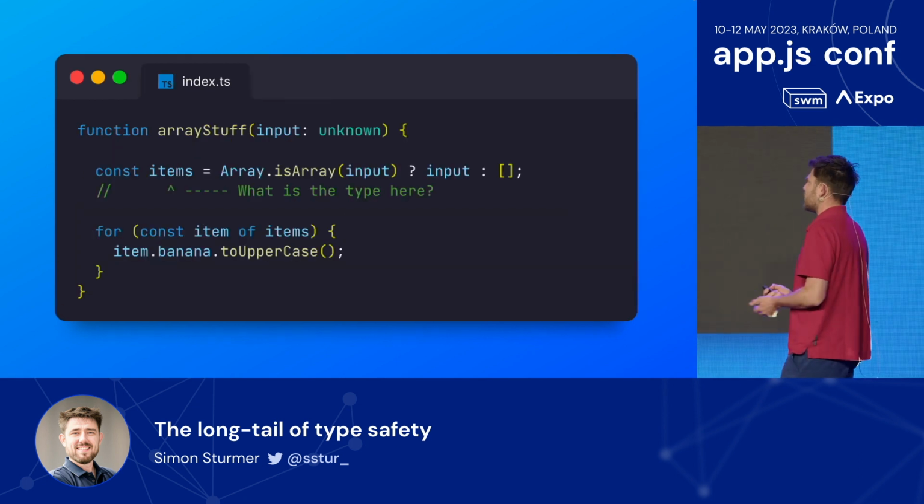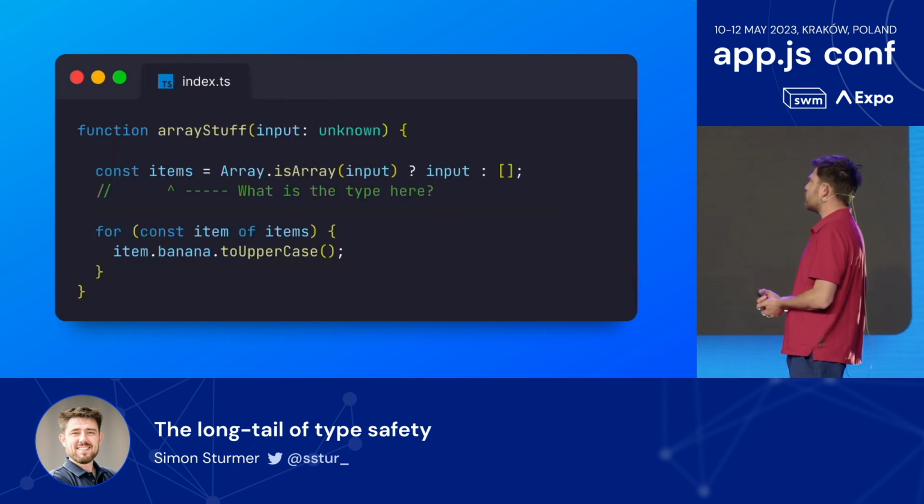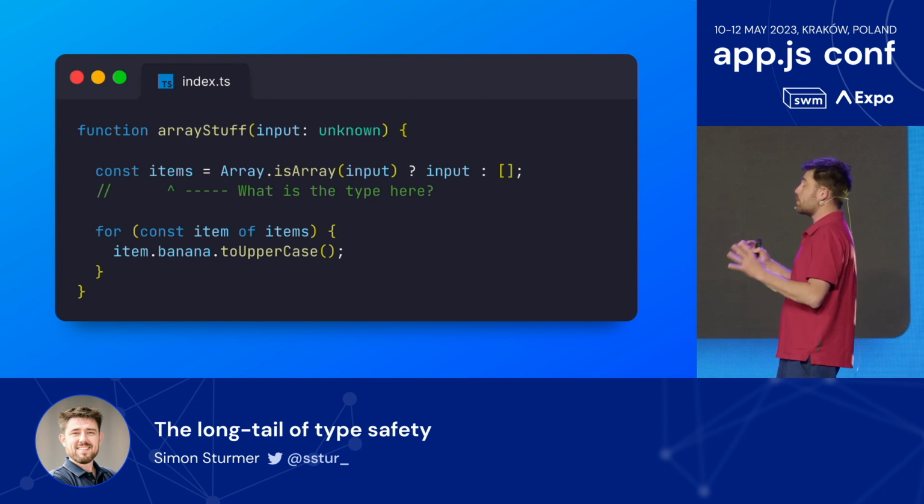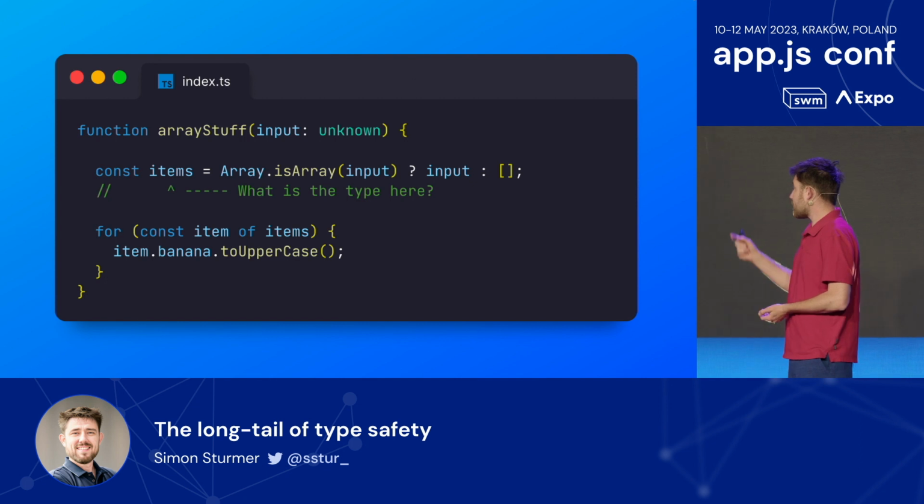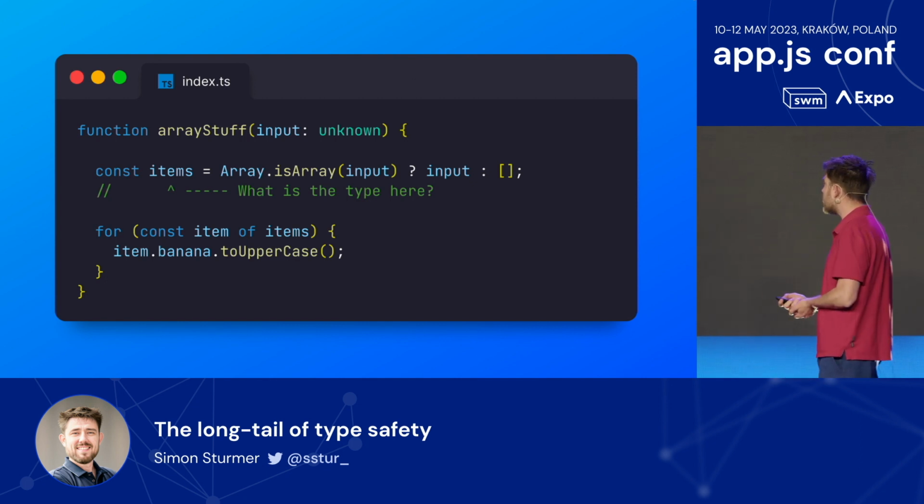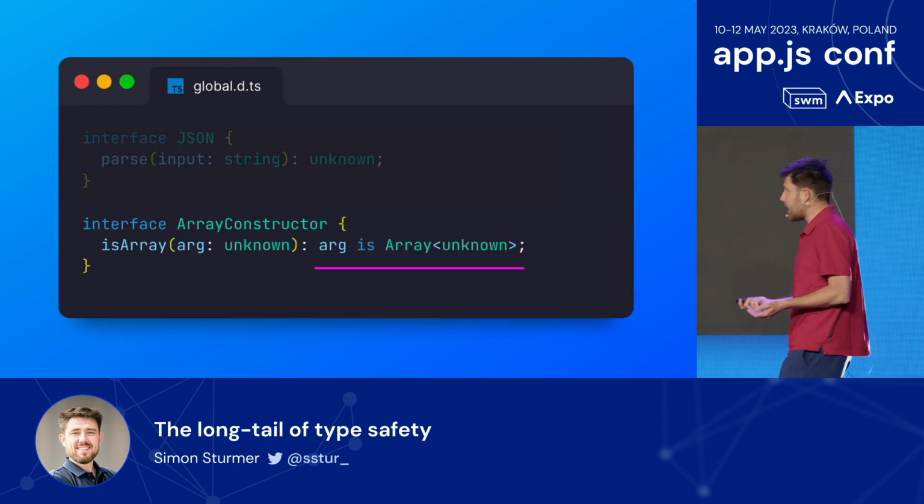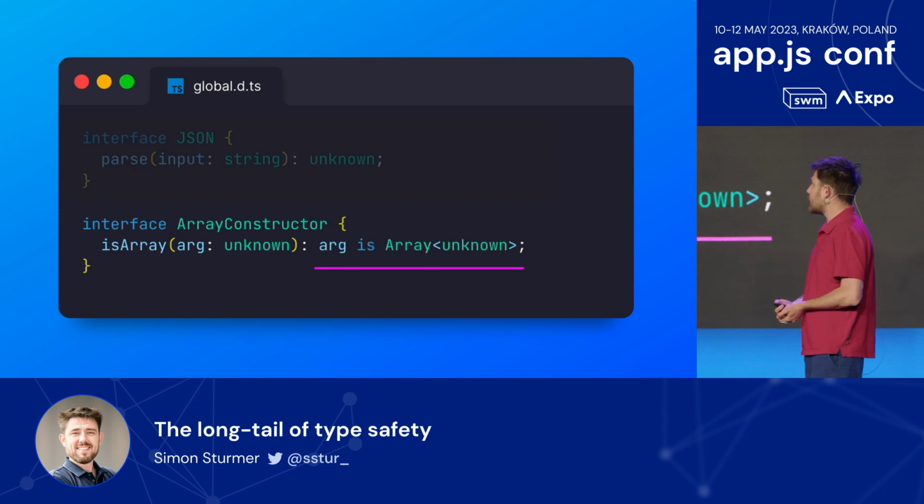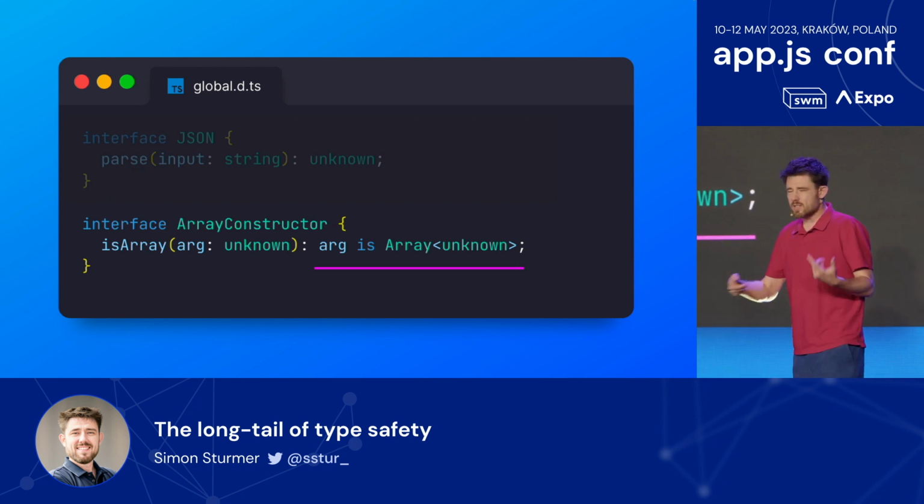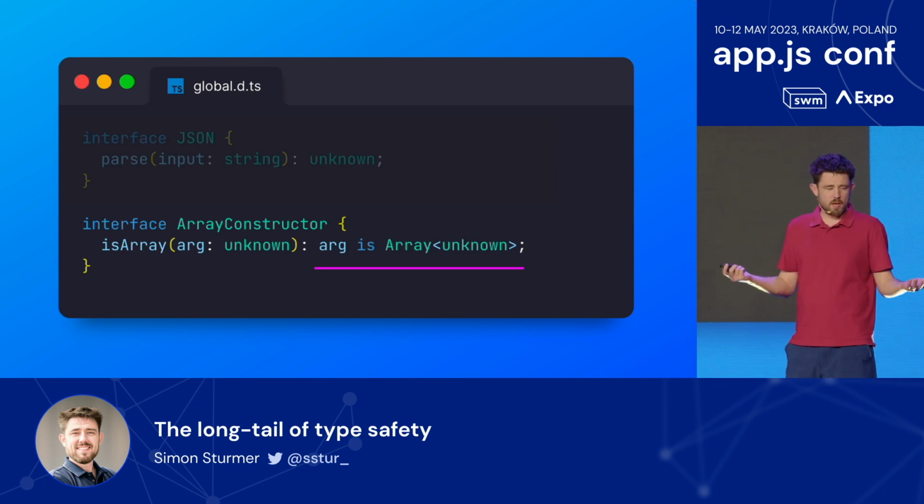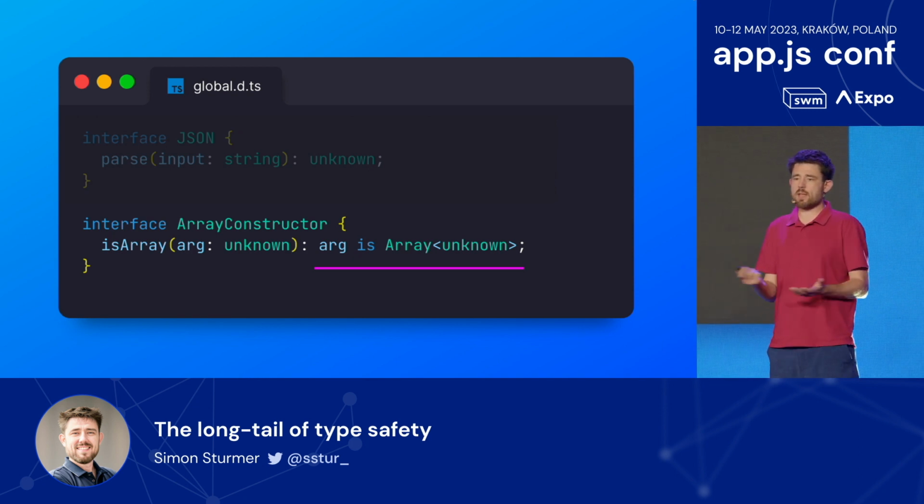What about Array.isArray? Array.isArray is a nice, helpful type guard that lets TypeScript be sure that after this line we have an array, but an array of what? TypeScript has no way of knowing what it is, and so it defaults to any. We probably don't want that. We can override that again in the global.d.ts, but as you can see, the list is going to start to get long. How many of these are we going to do? And so the answer is